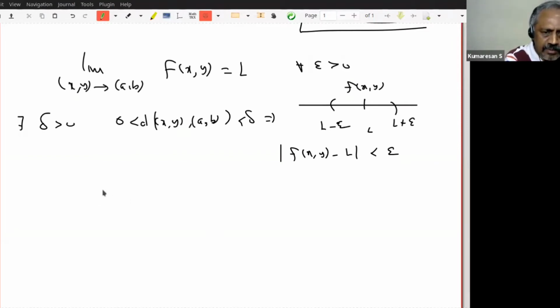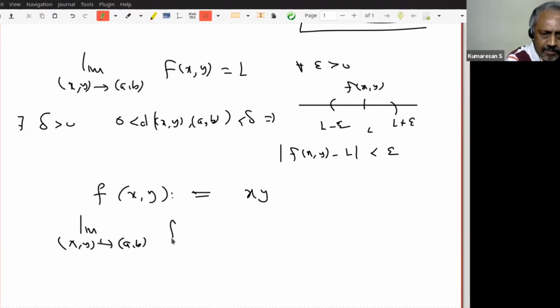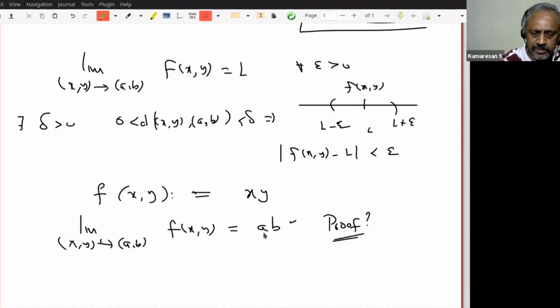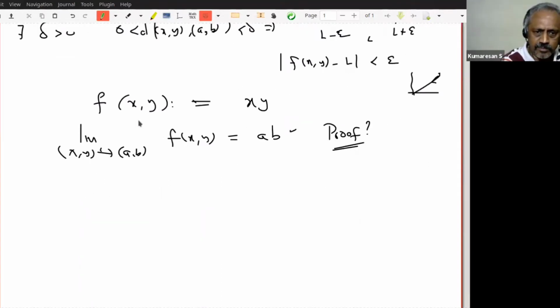Okay, we want to look at the function f(x, y) defined to be x times y, and I wanted to say the limit as (x, y) goes to (a, b) of f(x, y) is ab. We made a guess last time; now we want a proof. When I approached the point (a, b) through any line, I found out the limit was always ab. I reduced to one variable. That's a very important trick you should remember: reduce the problem to one variable.